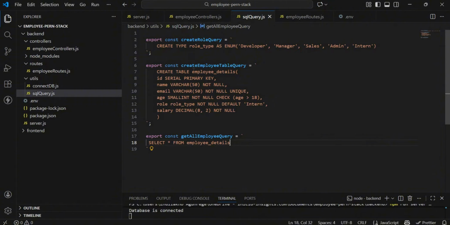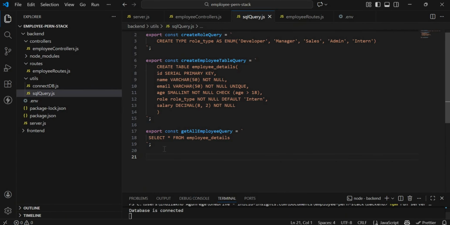So to get all employee, we're selecting all from this table that we've created. Alright. Next is to create employee query. So to create a new employee query, this right here is to create the table for all employee. Now we want to create a new employee details, right? So we want to insert into this table that we've created here. We want to insert the details of the employee into this create employee table. So for that,